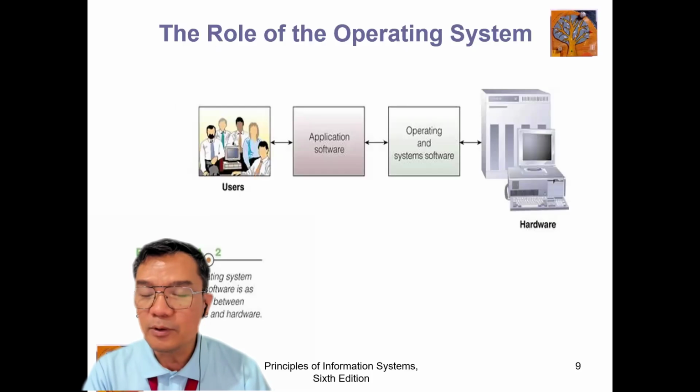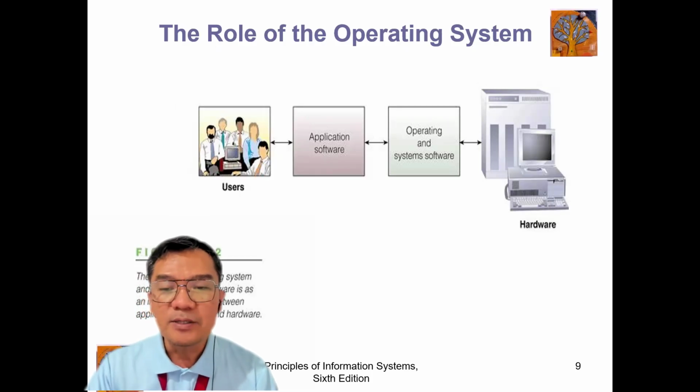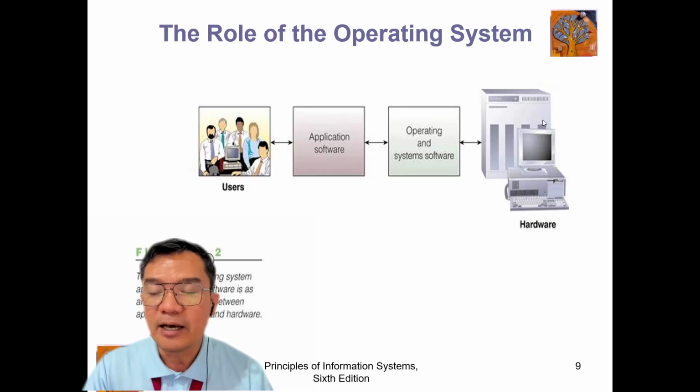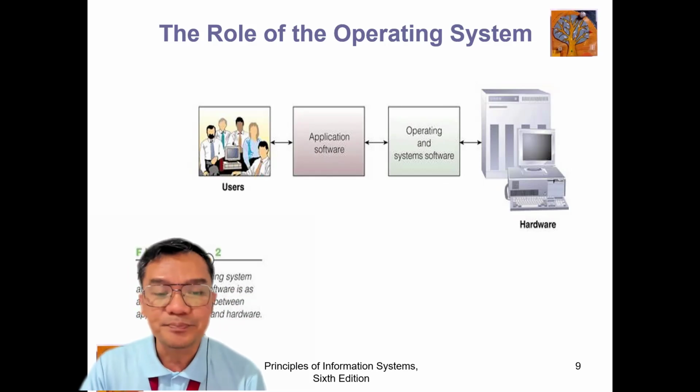It starts with the role of the operating system within the system software, as it also interfaces with hardware. So if we look at the overview, on the left side, facing the screen, these are users, and on the leftmost side is the hardware component. There are two major software components identified here: the application software and the operating and system software, which we call the operating system, or just the system software.